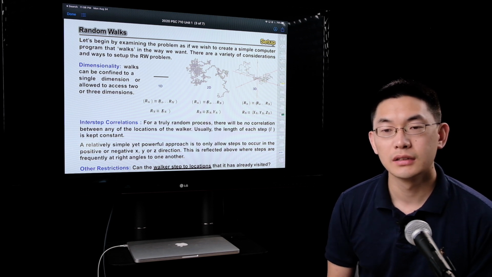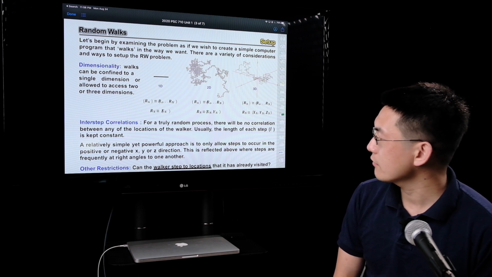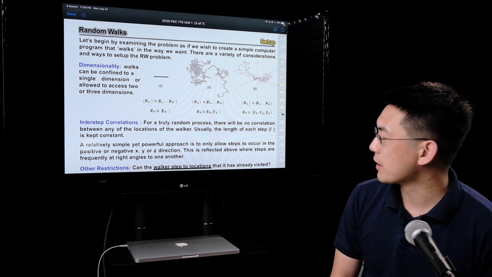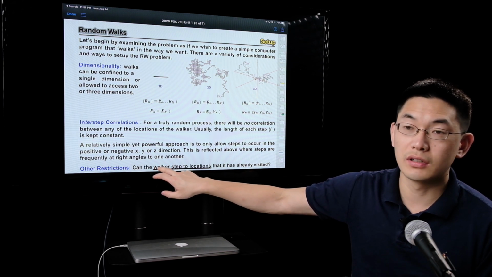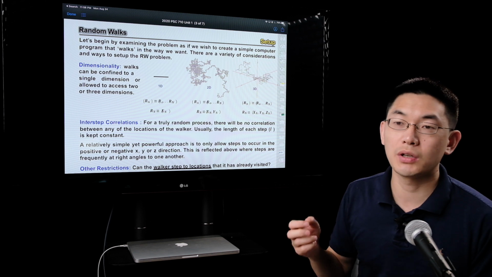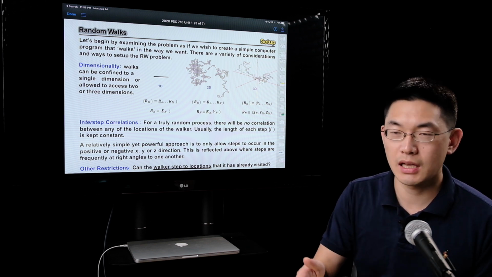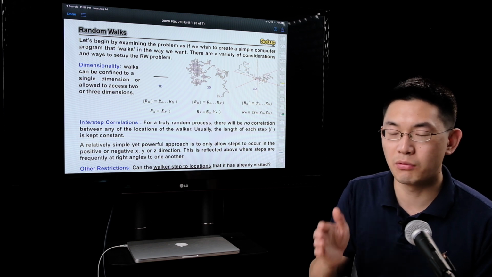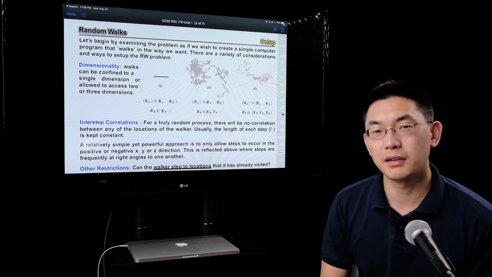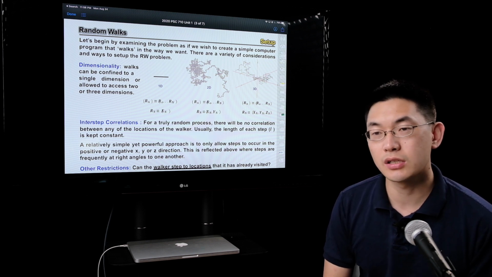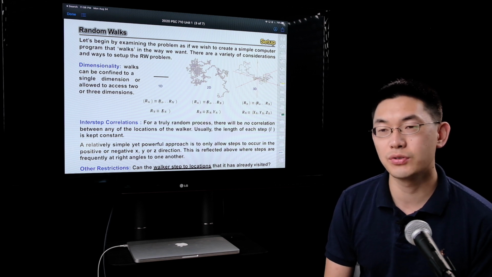All right, let's continue to talk about another important aspect of a random walk. There are 2 ways. One is called excluded random walk. That means you cannot go back to the same spot one more time. So once you have already stepped in one place, you cannot go back again. That basically represents a real chain, because the chain cannot occupy the same space. You cannot have 2 carbons sitting at